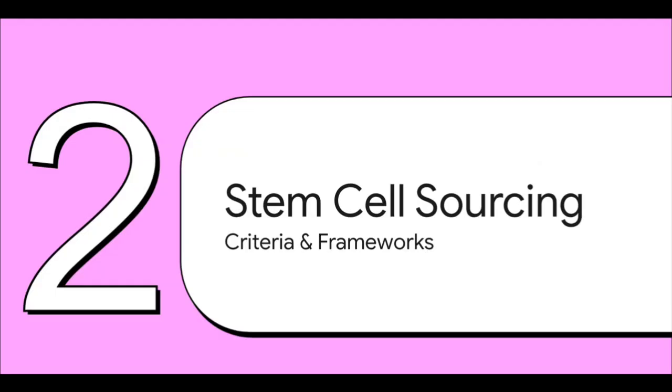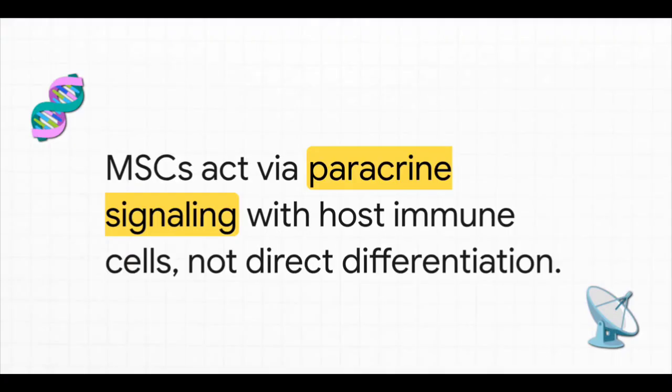Moving right along to Section 2, stem cell sourcing criteria. A huge player in this field are mesenchymal stromal cells, or MSCs for short. And actually, pay really close attention to that terminology. The International Society for Cell and Gene Therapy specifically designates MSCs as stromal rather than stem cells. Why? Well, because their primary medical mechanism is actually paracrine and secretory signaling. Basically, they secrete factors that work directly with the host's immune cells, rather than undergoing direct differentiation themselves to replace